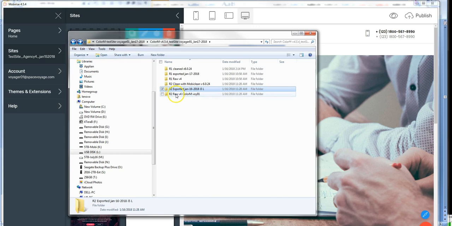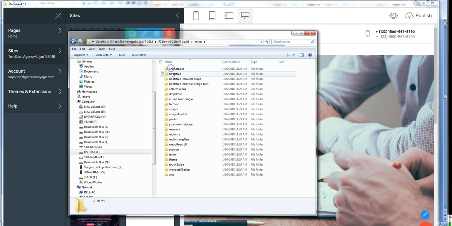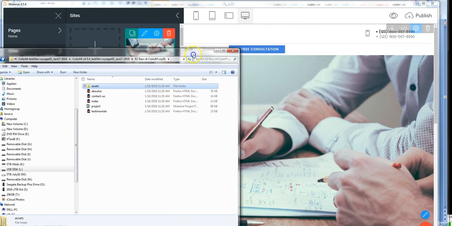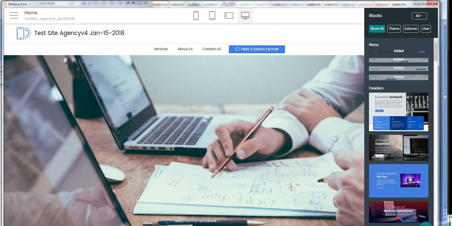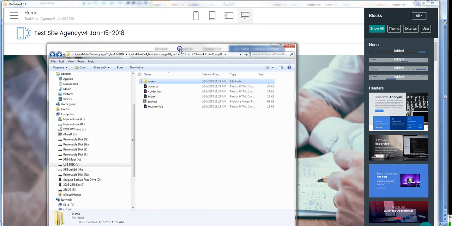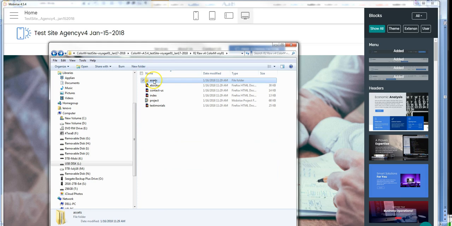So if you look here under R2 raw, you have all the HTML, and under assets you have all of the JavaScript library, the whole thing. And that's one of the things about this site builder: whatever block or theme we're talking about, when Mobirise builds a library of JavaScript, it puts all of it there. That is a waste of disk space on your hard drive, because when we right click on assets and go to properties,